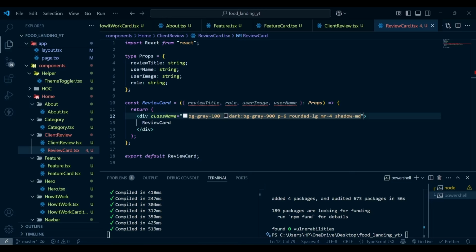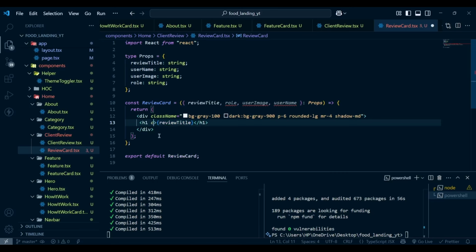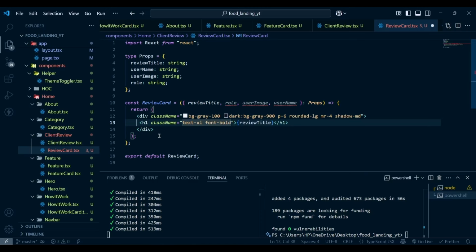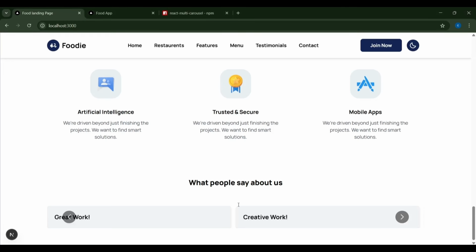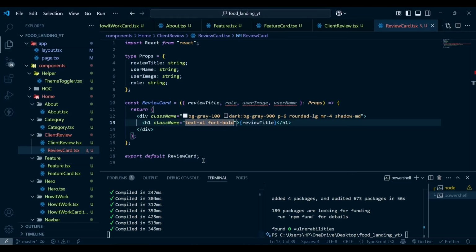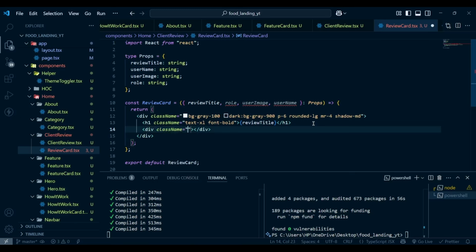card. And then inside this div, we have an h1 with our review title, and this h1 will have some class name of text-xl, font will be bold. Now if I hit save and go to our project, so here you can see we have our text, great work and creative work. Then after the h1 we have a div with class name of margin top will be 2, flex, items will be center,